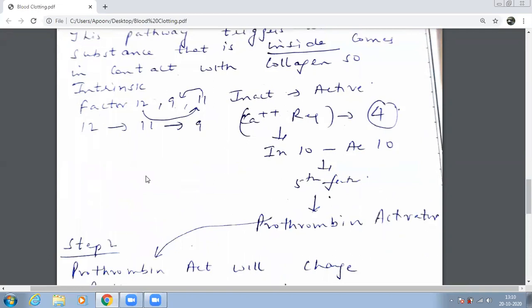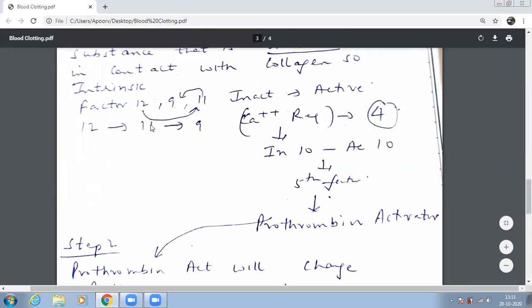Beta, if you cannot learn this sequence, there is no need to learn. It is not given in any of your books. It is just given that some factors are involved. If you want to learn a little bit, you just learn the factors. No need to learn the sequence also. Fine. And the final product you are getting is the prothrombin activator.